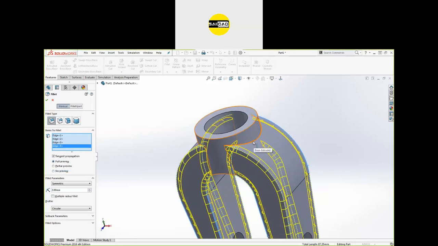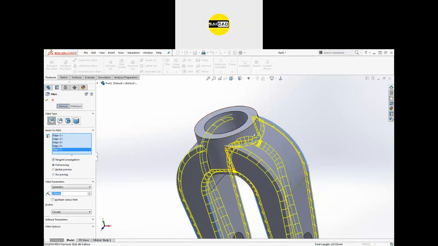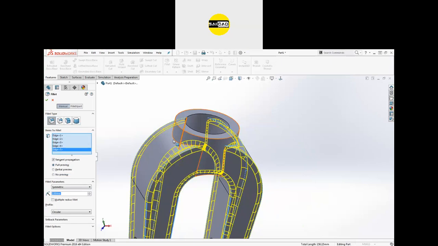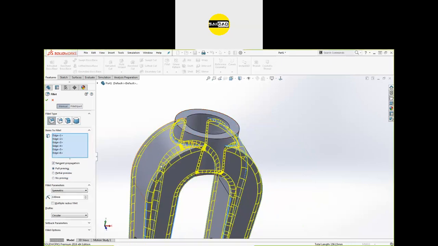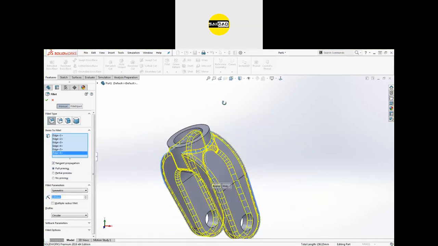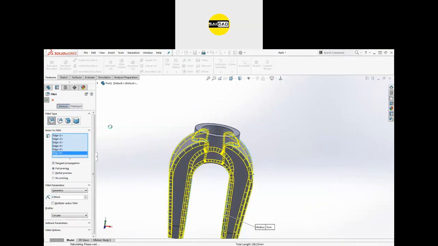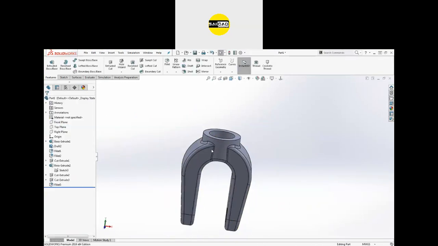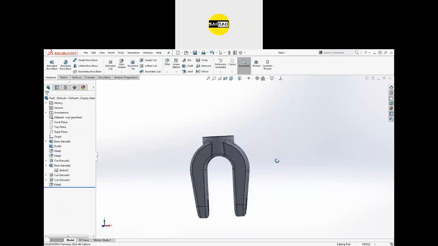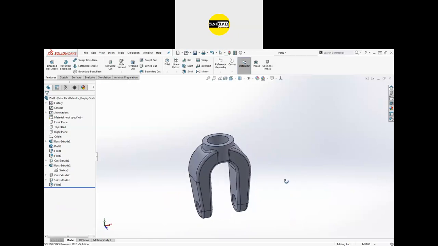Okay. You need to select this one. If it is possible, it will be created. If you face any problem, it will show up. Like that, you can see everything is defined now. Click OK and the feature is complete. This is the feature. You have to just create this one. So simple extrude, draft, and fillet I have used only.